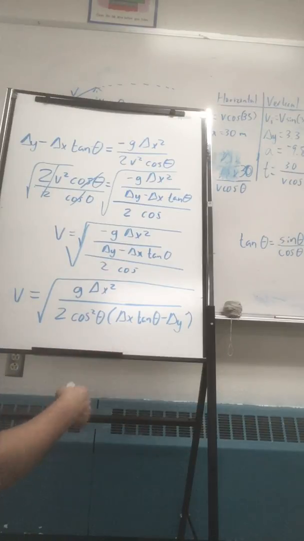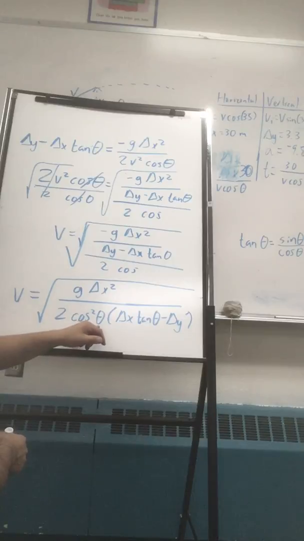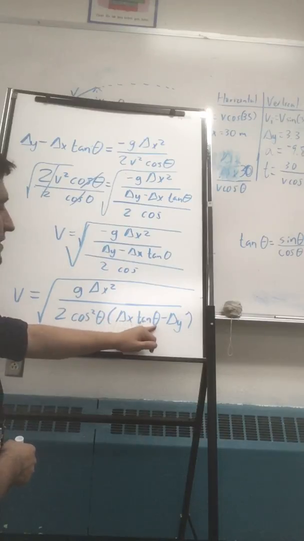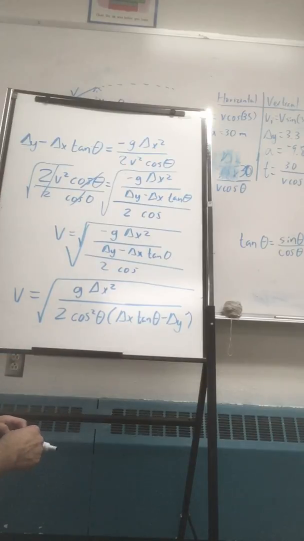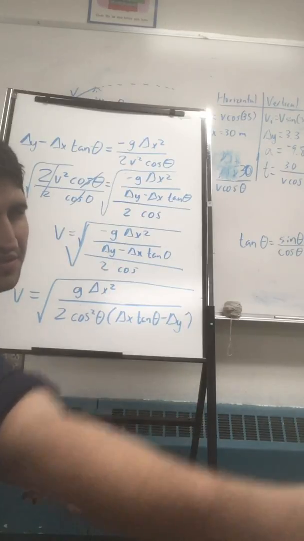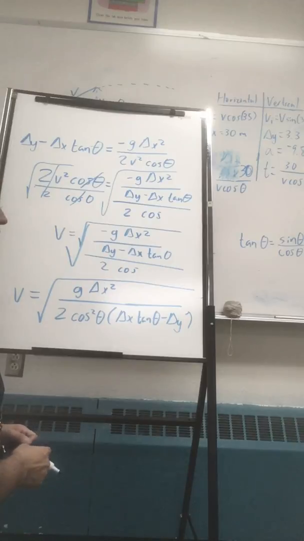So if I had any problem where I know how far it is, I know the height, and I'm looking for the velocity and I know the angle, this is the general equation. I plug in my change of x here, plug in my angle here, my change of x here, my angle here, and I plug in whatever height they give me there, and I can solve any problem. So this huge walkthrough was to solve the problem number 8, the football problem, which is similar to other problems that